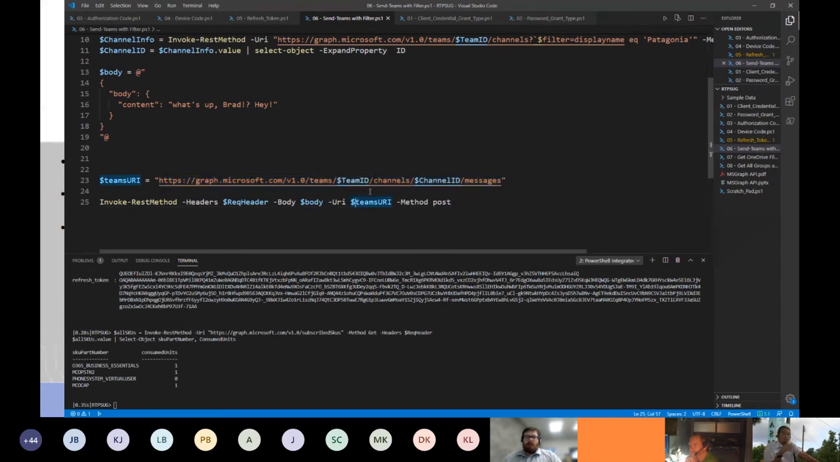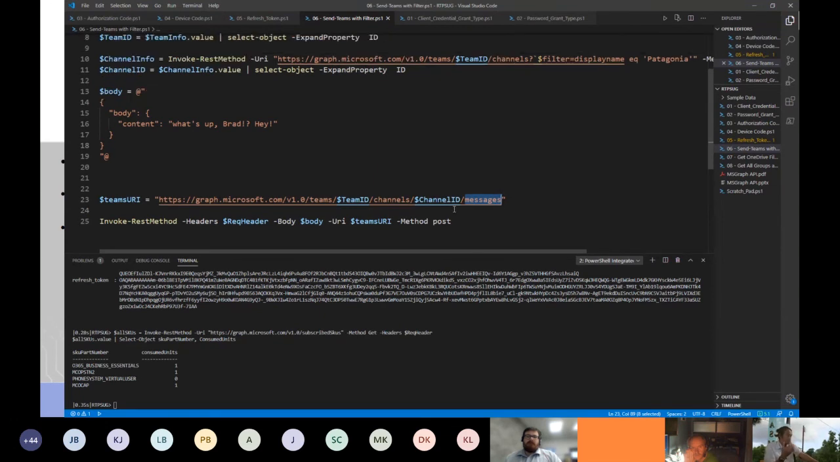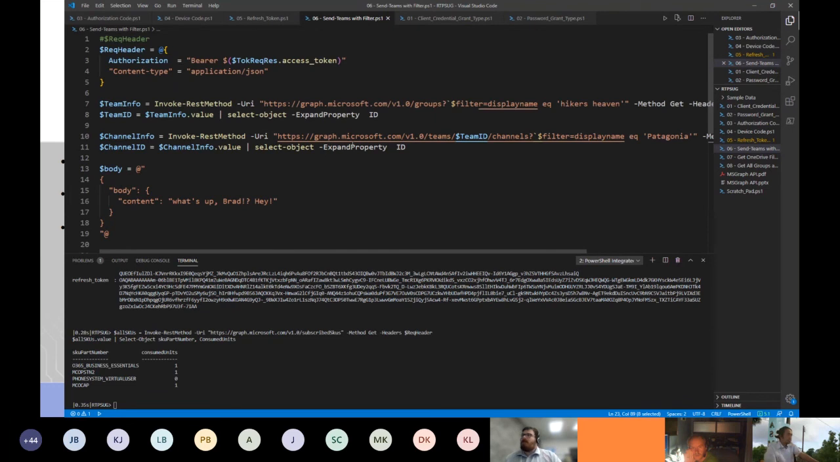If you notice, the URL to send a message to Teams is the base URL, and then Teams, and then the team ID, and then channel, and then channel ID, and then messages. So how do I know my team ID, or how do I know what's my channel ID? I only know this display name. So what I'm gonna do is,